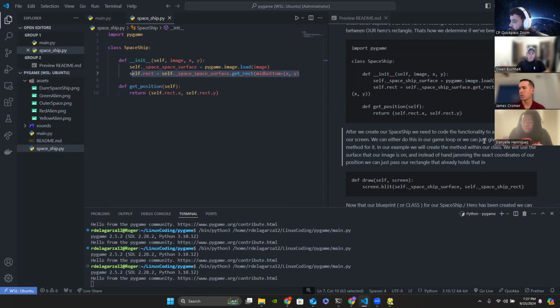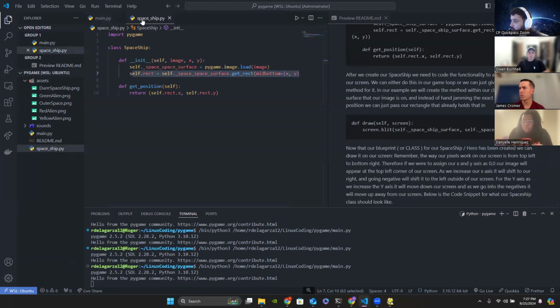We will use the surface that our image is on, and instead of hand jamming the exact coordinates of our position, we can just pass our rectangle that already holds that, right? So within our spaceship, after the get position,